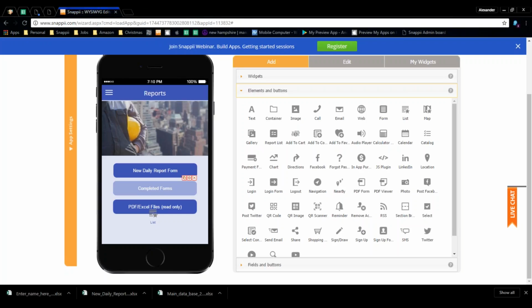Yeah, absolutely. So basically the way it would work is if you did a list, for instance, the cell view of the list would just list all the customers' names, and if you tap on the customer's name, it would go to the detail view, which would contain all their information. Of course, as that information changed, you would need to upload a new spreadsheet with the most up-to-date information,